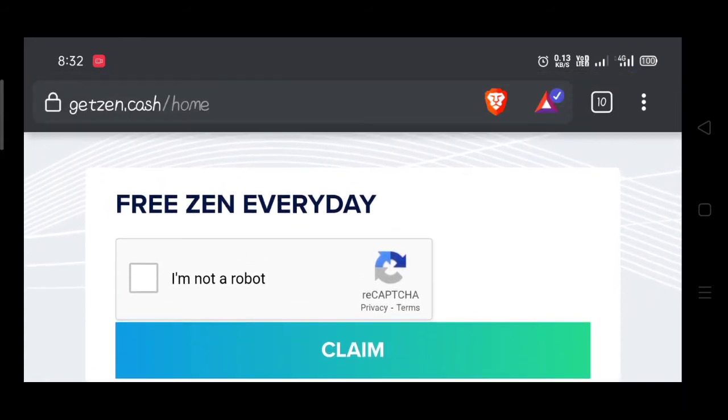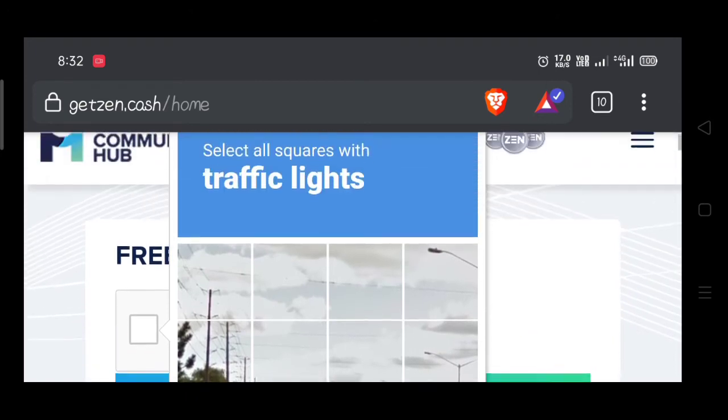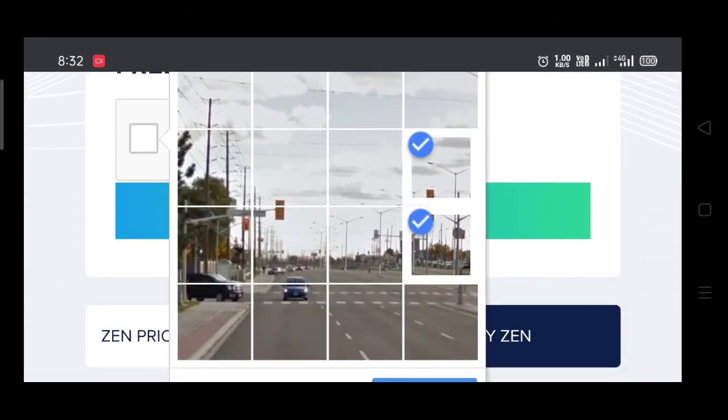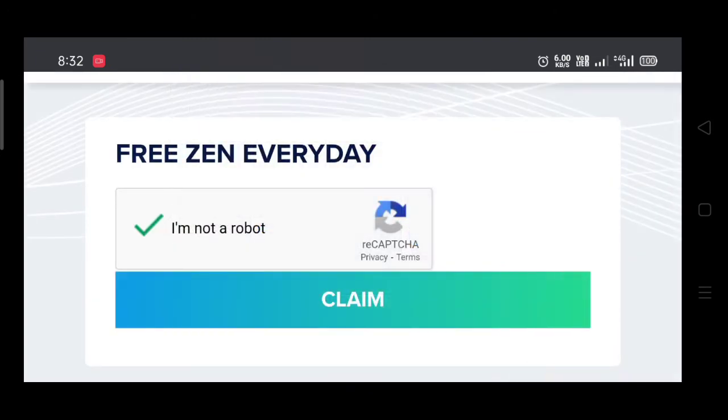For claiming, you have to fill the CAPTCHA and then just tap on claim.